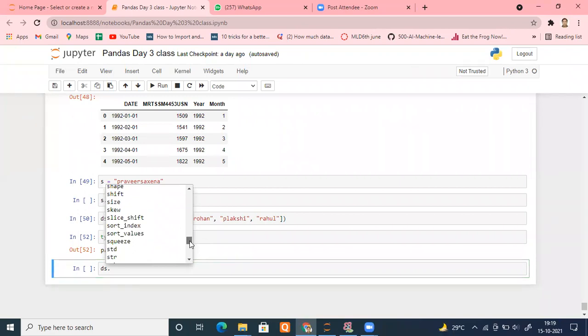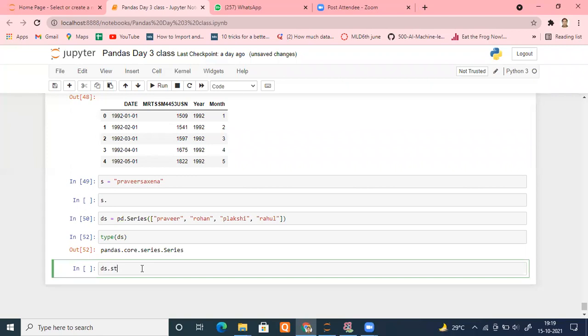I don't think you will require them, but you can use them. But see what is happening now. If I type ds.str and then type dot, now see, you can see almost the same methods.